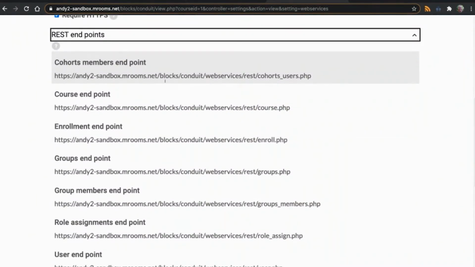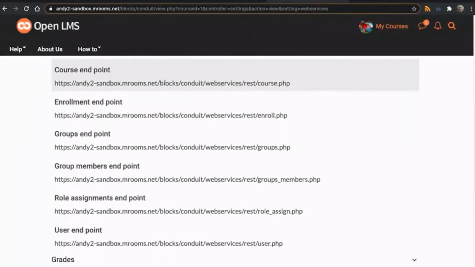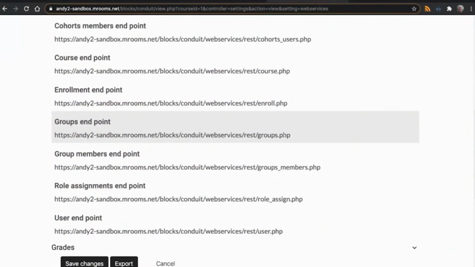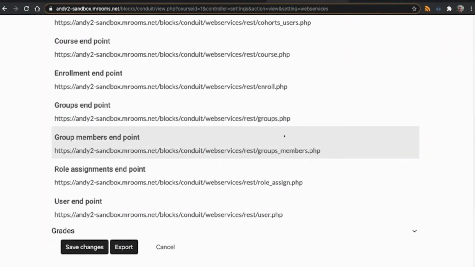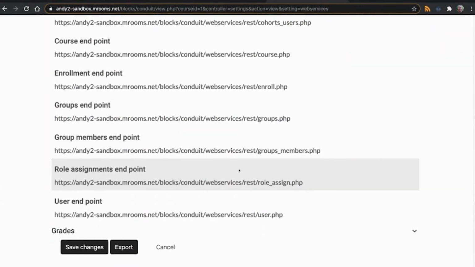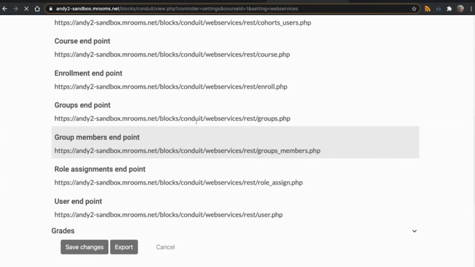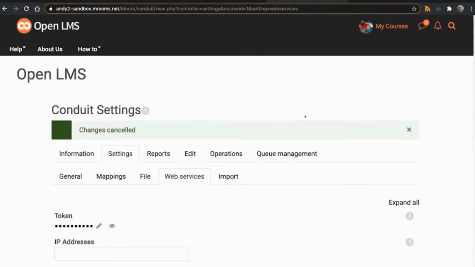And then there are all the endpoints for all the different jobs. So courses has its endpoint, enrollments has its endpoint, users has its endpoint, and so on. So you send messages about specific types of objects to the specific handler for that kind of message. It's pretty cool. It's very nice to be able to set things up like that. It allows you to manage